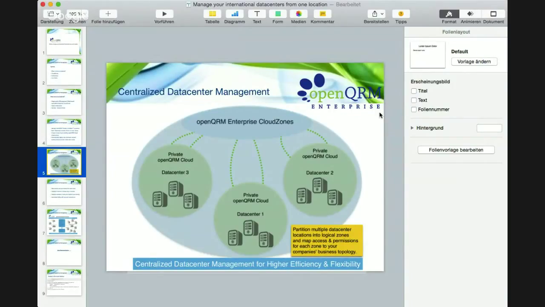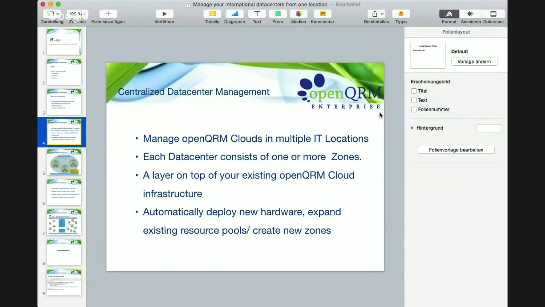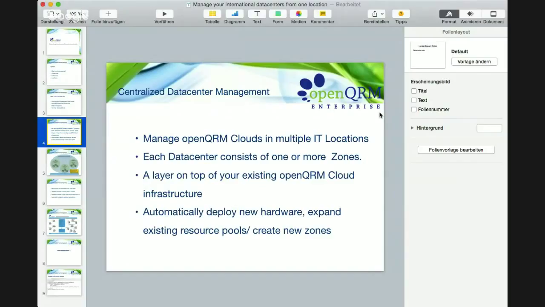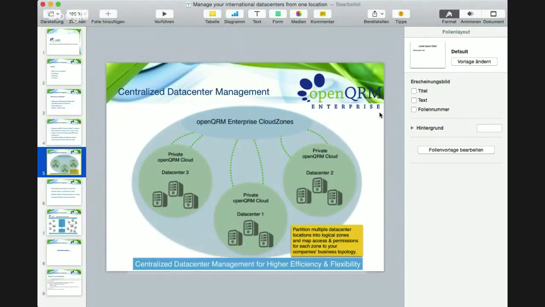Maybe I'll go quickly over the slides again, but you already heard me telling you about a lot of it. Single point of management: I said that openQRM Enterprise Cloud Zones is a layer on top to reduce manpower and to provide secure, standardized deployment across multiple clouds. The third slide is how we actually implement the infrastructure, and this is the most interesting picture, where you can see how this is all working from the top to the bottom. So it's about partitioning your data center locations